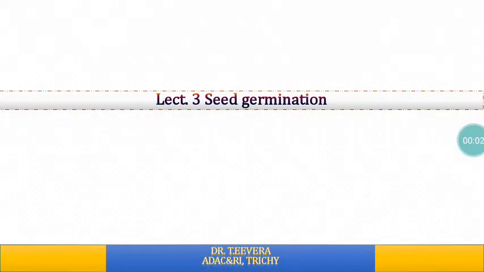Very good morning. In this video, I'm going to give you information regarding the various biochemical changes that take place in the seed system at the time of seed germination. In the previous videos, we discussed seed development and maturation. At the time of maturation, what is happening inside the seed is the storing of food material in the form of complex carbohydrates, polypeptides and lipids.